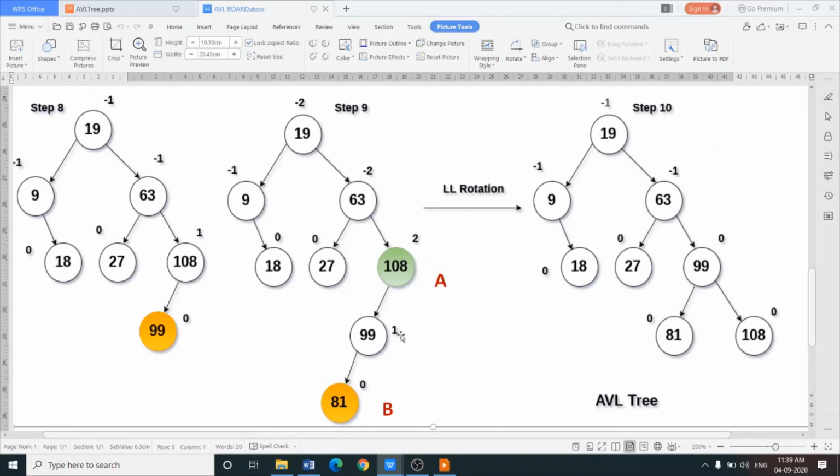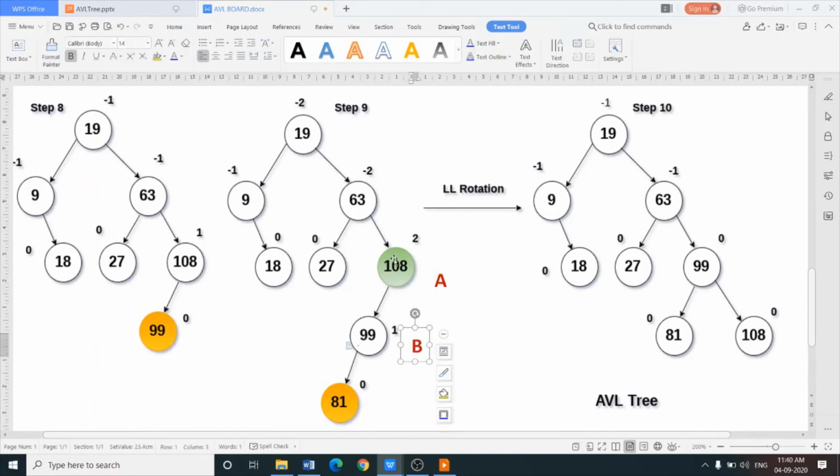So which node is B? B node is the child of A. Which rotation is required? LL rotation. In case of LL rotation, identify A and B. A is this node and the child of A is B. B is this node.